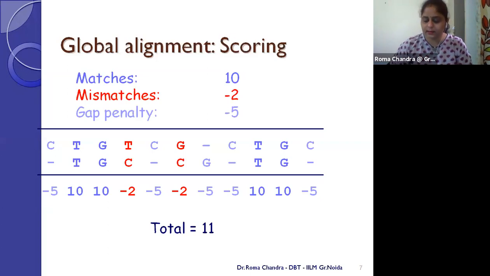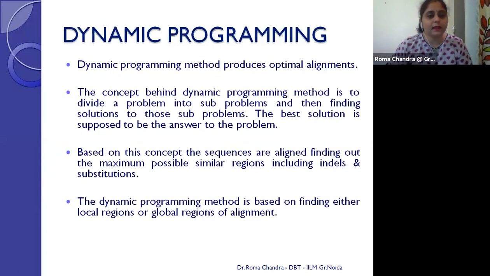This is a scheme which the user can use, putting up the matches, mismatches, and gap values. And while comparing the sequences, for example, my query sequence will be a standard sequence, and I'm comparing it with multiple sequences. So I can just compare the sequences, and whichever sequence is representing the highest score, I'll consider that is the most similar sequence to my query sequence. Okay. So this will be about the global alignment, and I'll move to my topic that will be dynamic